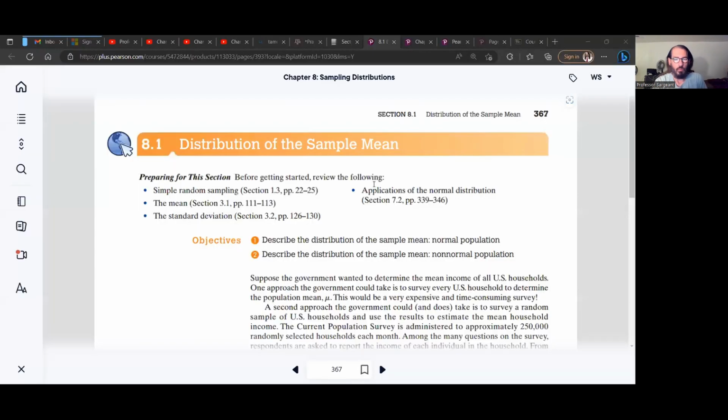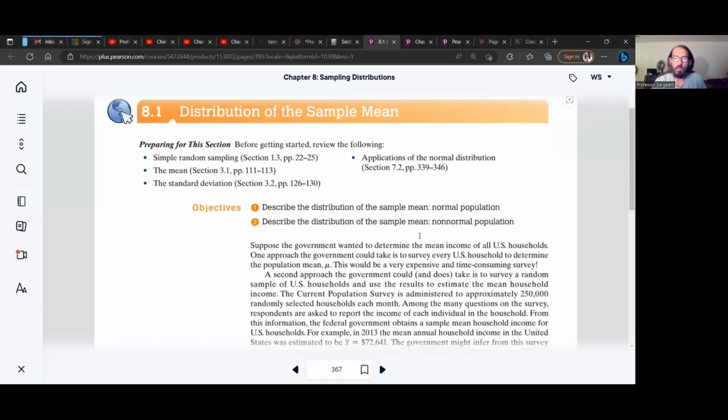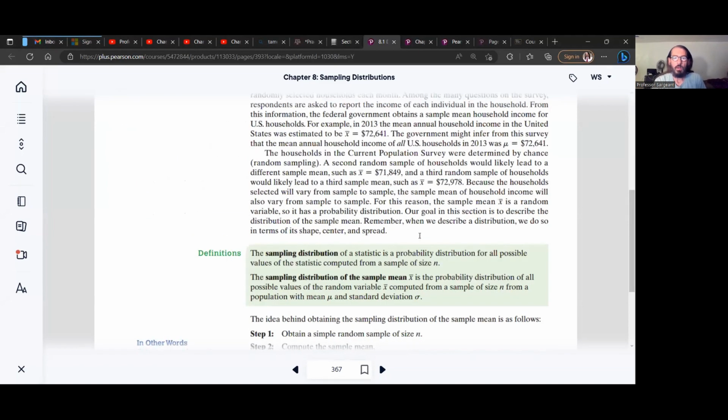We're going to take a look at applying information about the distribution of the sampling mean. In other words, the sampling distribution of X bar. The current book that I am teaching from, this is in section 8.1, and some important points to make are